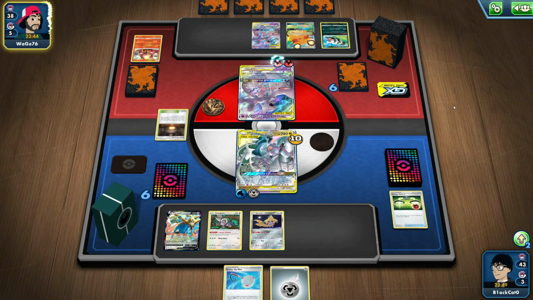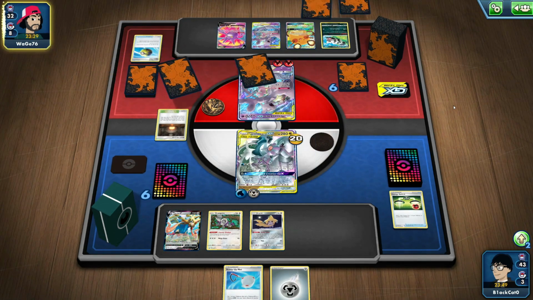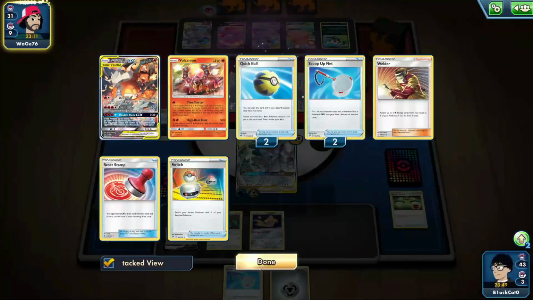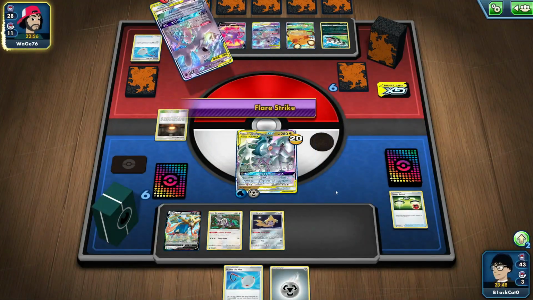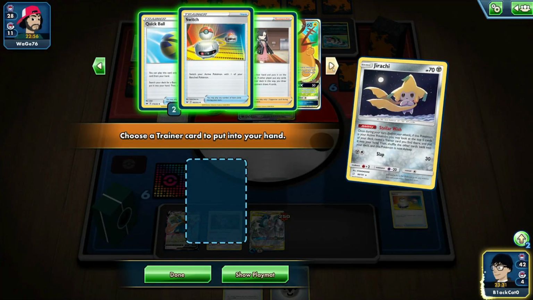On our opponent's turn, they attach to deactivate before emptying their hand for their Crobat. They then switch into Jirachi, Stellar Wish for their Welder, and then smack us for a fat 230 damage with Flare Strike. Back to us, I switch into Jirachi knowing I have a Scoop Up Net,